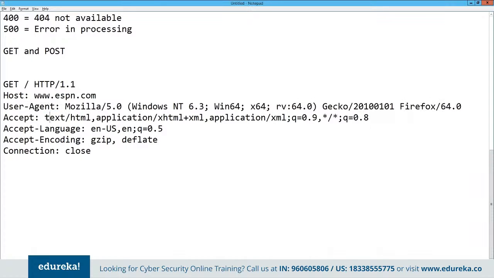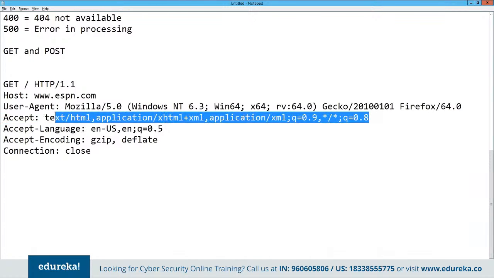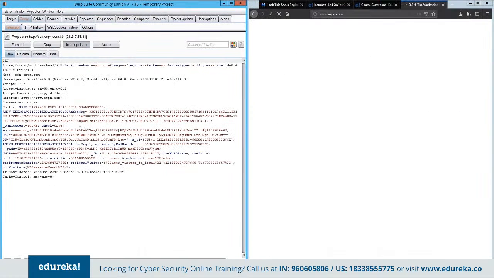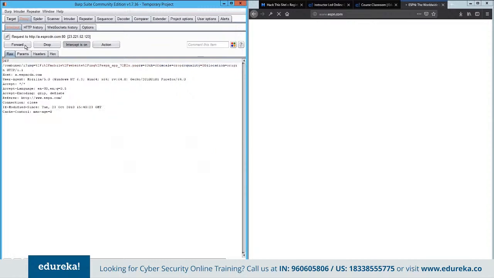And the accepted types are text/html, XML, XHTML. These are the types the server will accept. And the accepted language is United States English. What are the encodings available? What is the type of the connection? When I click on forward, the next information passes through. There was a valid cookie set. This is the cookie ID. So when I forward again,